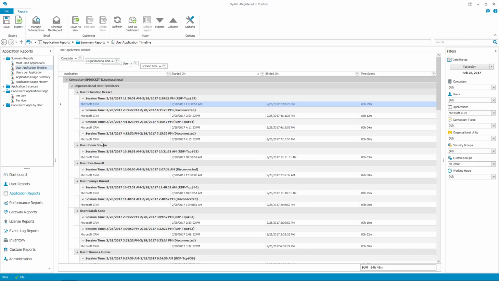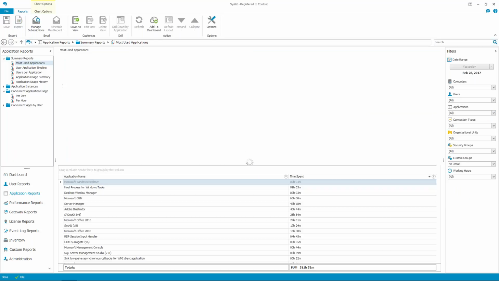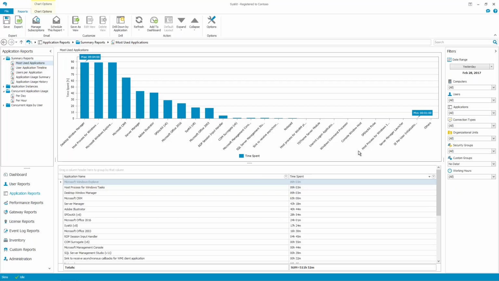Now, the next interesting report is the most used applications. So I'm gonna open it, but first I'm gonna return all the applications in our filter. Okay, now this report allows us to determine the most frequently used application, and you can filter it per specific user, specific server, specific time periods. And this report is very important, not directly but indirectly, because you should always look to tweak your environment to accommodate everyday usage habits of your users. And that means allocating resources to those applications that are most often used and simply adapting your environment to